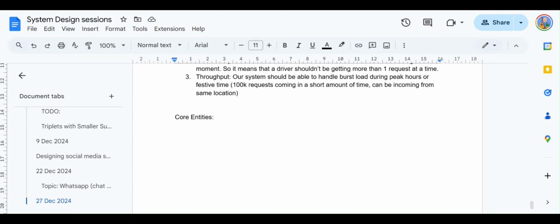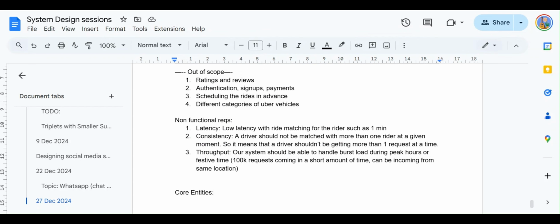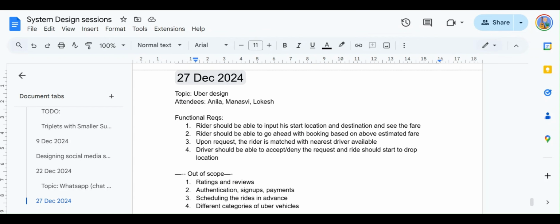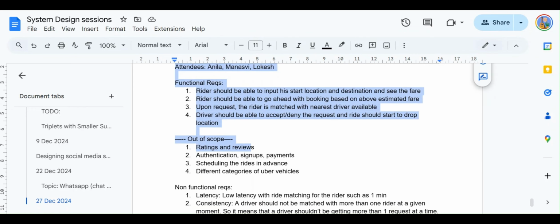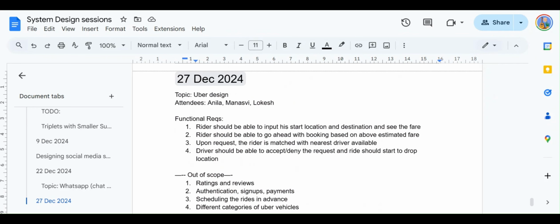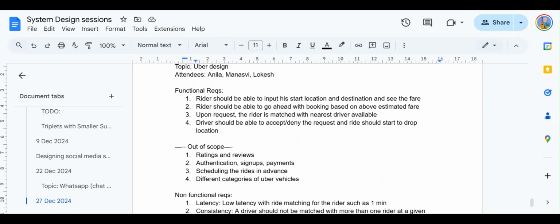The reason is that we may not exactly know at this point what the schema of each table should be, because a lot of times when you're building a system design, if you have seen this problem before, then perfect. But even if you have not, or even if you have seen it but do not recall everything you studied at that point in time, you as a candidate are also going to come up with a solution on the go, right?